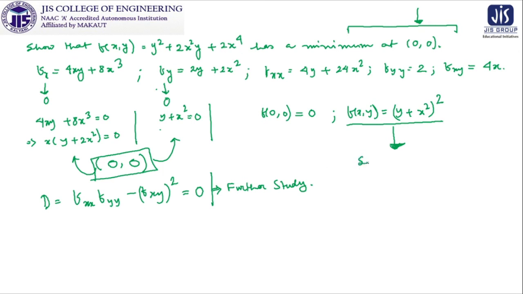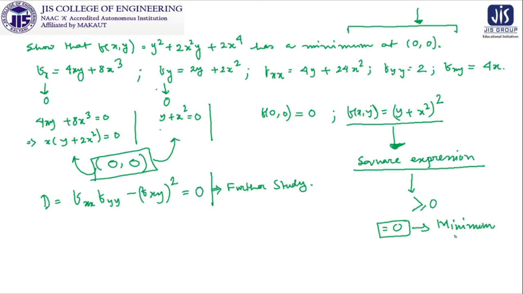That means it is nothing but a square expression, and it is also clear to us that any square expression always will be greater than equal to 0. So equal to 0 will be its minimum value because one square expression can't go beyond that. Now if 0 is the minimum value and this value is achieved at 0 0 point, then it is crystal clearly claimed that 0 0 is the point where we get the minimum value